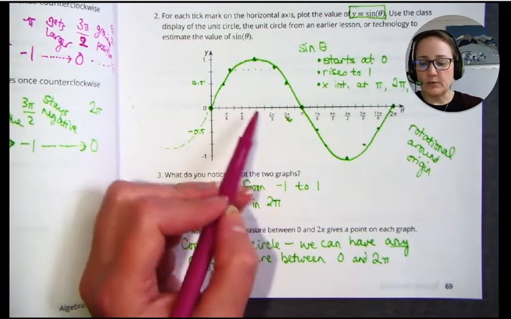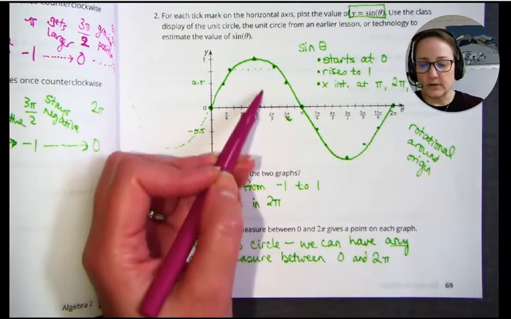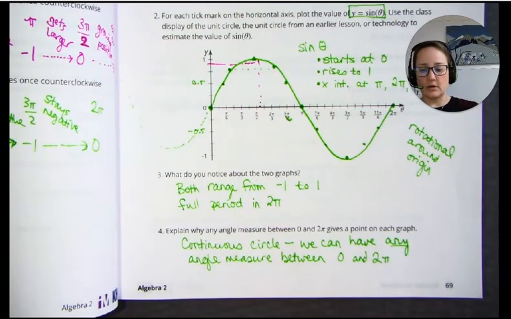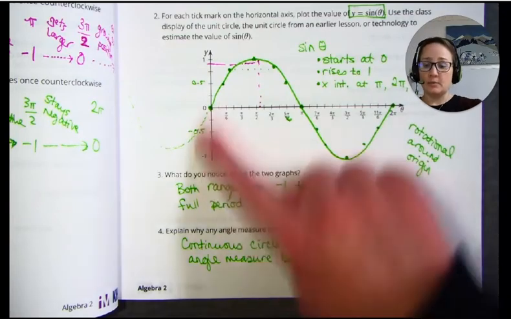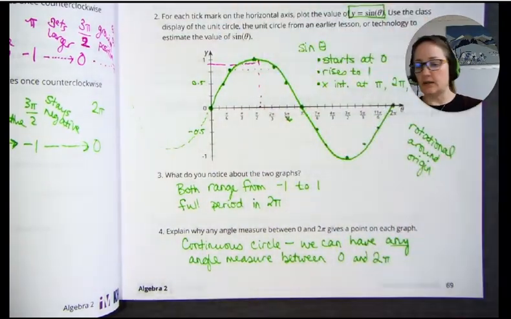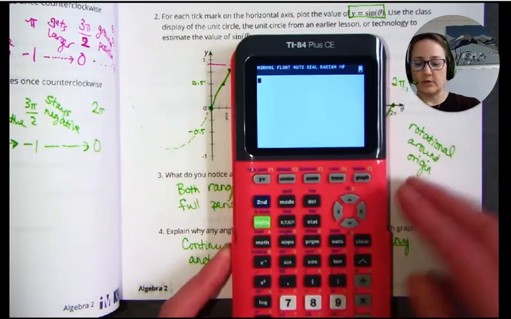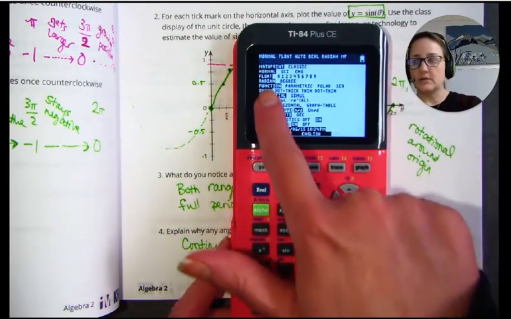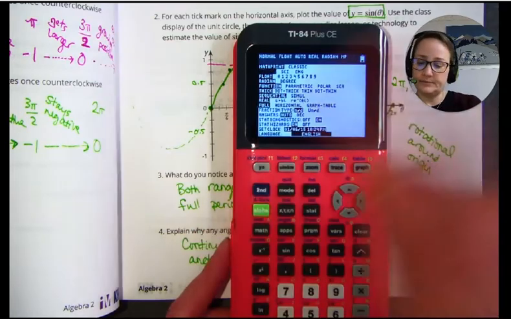So I could pick a point on this graph right here if I wanted to, and as long as I could figure out or estimate what that angle would be, I can find a point that matches. Pretty cool to see these graphs going on, and it's pretty awesome when you start seeing them on your graphing calculator too. If you are using your graphing calculator, first of all, make sure that you are in radian mode,